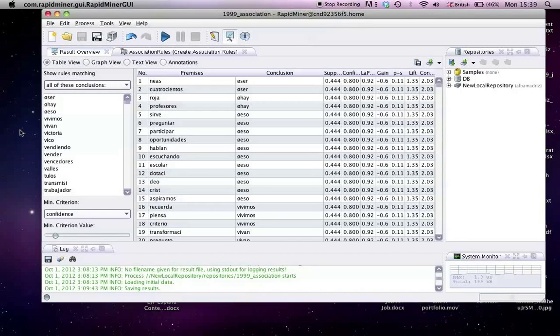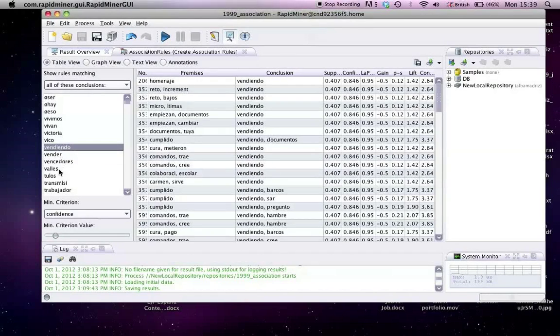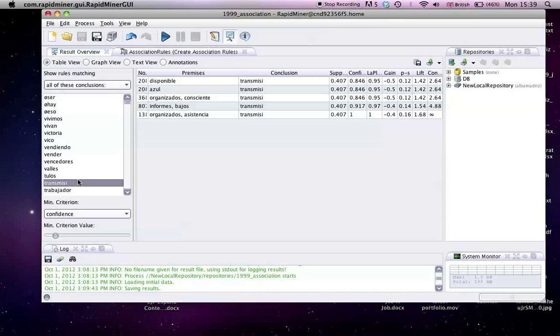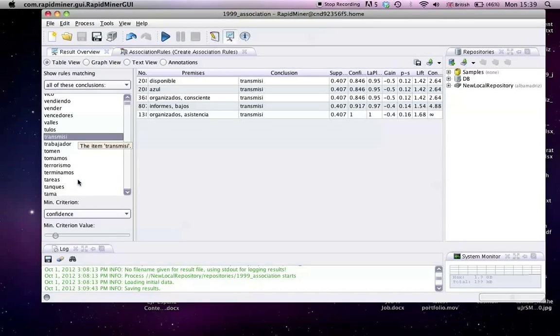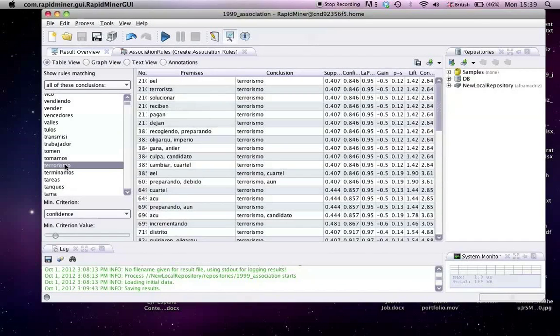But I'll just show you a few examples that I thought were quite interesting. So for example, you can look at the results by the conclusions, filtering the results by conclusion. So in this case, for example, if we take terrorismo as a conclusion, which is terrorism,